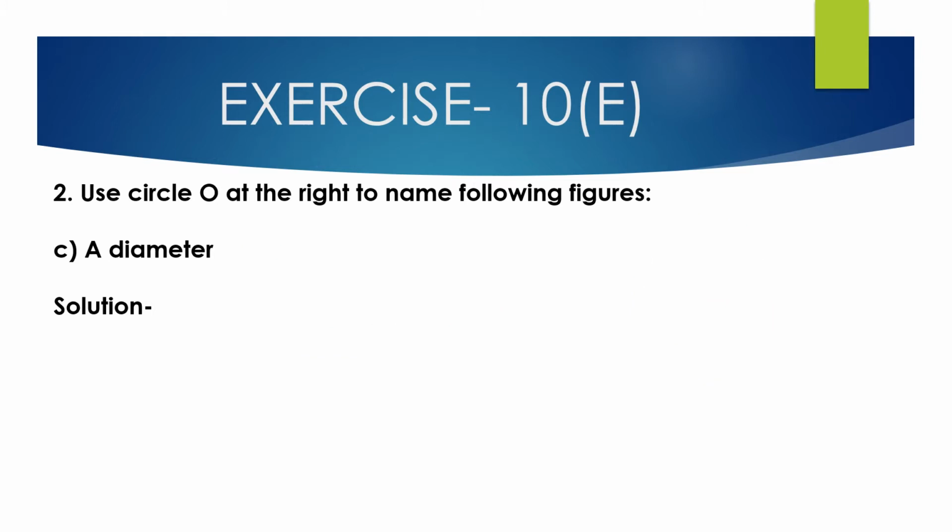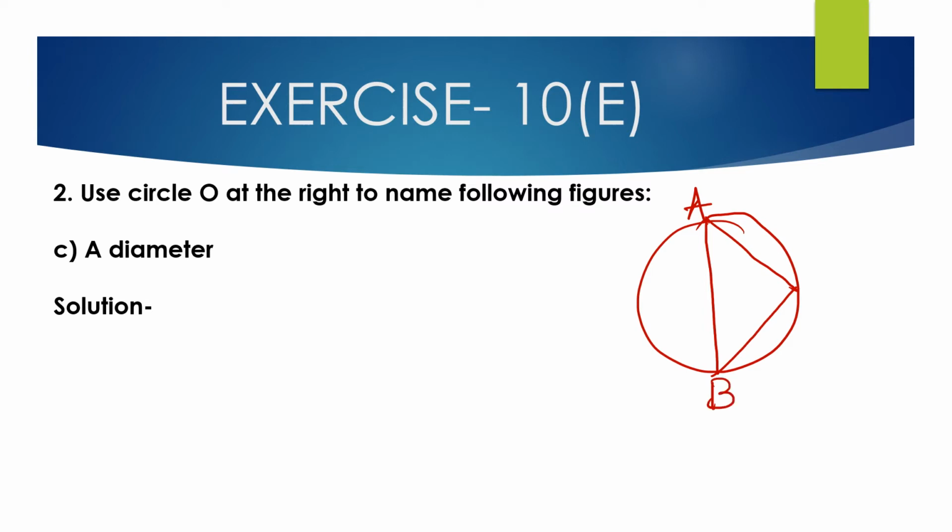Now third bit, diameter. First draw the figure. This figure is given. This is a circle, and this is the chord. These are the points A, B, C and the middle point. This is O, the center of the circle, and from O, OC. Diameter is twice the radius. Here OA and OB are the radii, so AB is a diameter. Diameter is twice the radius, and diameter is the largest chord of a circle.